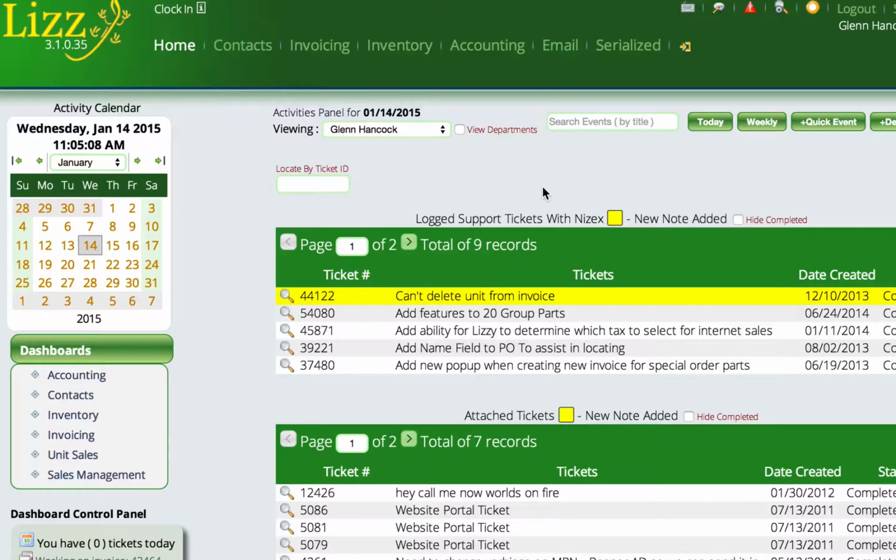So to get started, in order to use the 20 group, you have to have at least the level of departmental accounting turned on for the invoicing side of things. If you only turn on the invoicing departmental accounting, it really doesn't affect a whole lot as far as your day-to-day processes. Most dealers could turn that on and not really know that it was even turned on, but it does need to be turned on at least on invoicing in order to be able to access